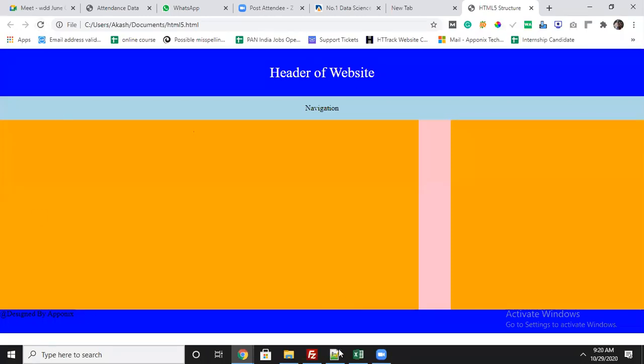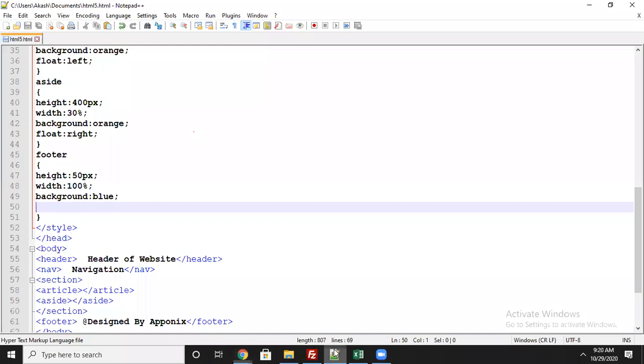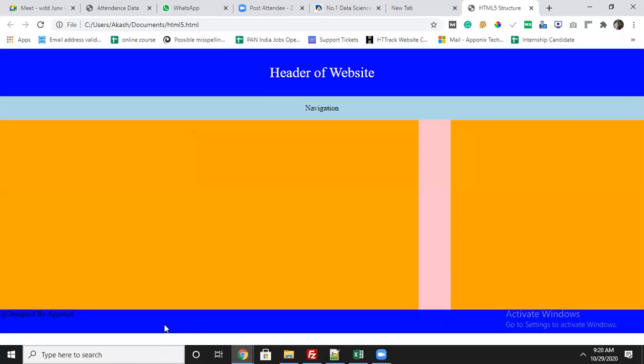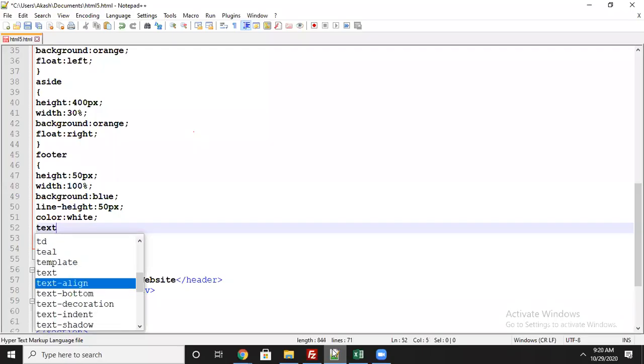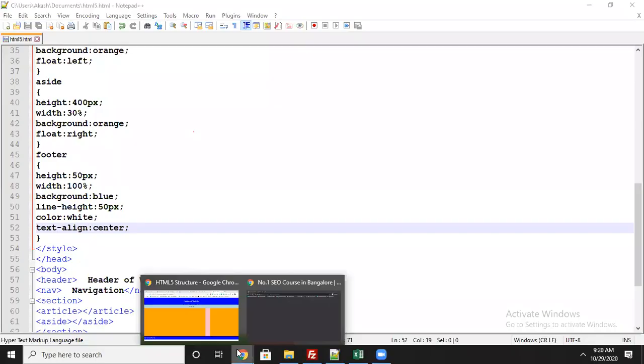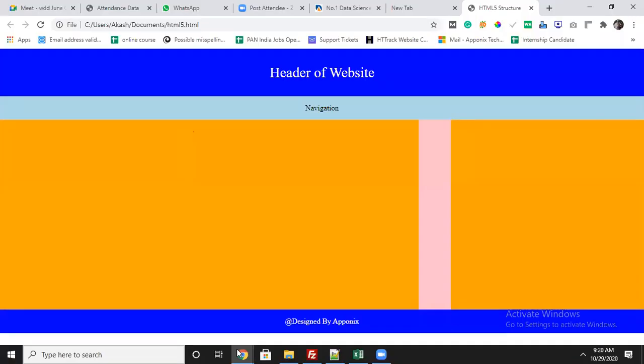How will we do it? For that you have to use line-height 50 px, color white. If you want it centered by width, you have to use text-align center. Now it is text-align center.